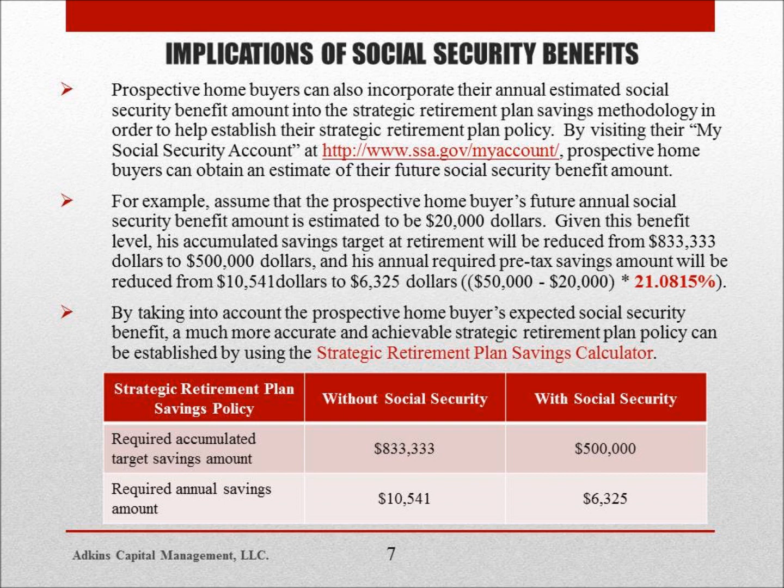Once the prospective homebuyer has an estimate of his future Social Security benefit amount, he will be able to establish a strategic retirement plan savings policy that takes into account a key component of his future retirement. For example, assume that the prospective homebuyer's annual Social Security benefit amount will be $20,000 per year. Given this benefit level, the prospective homebuyer's accumulated savings target amount at retirement will be reduced from